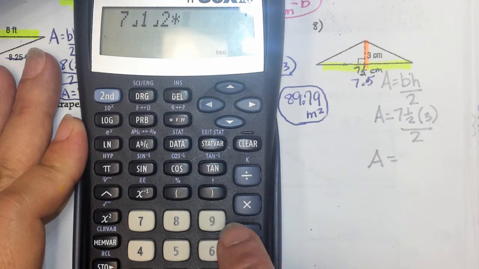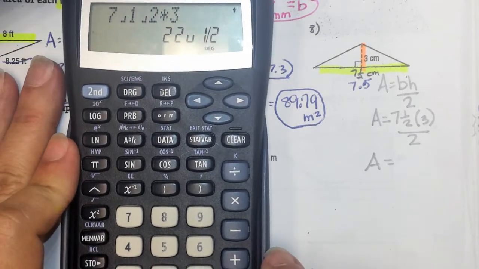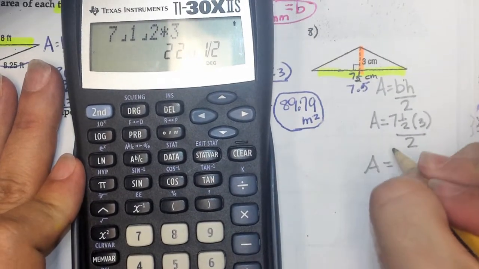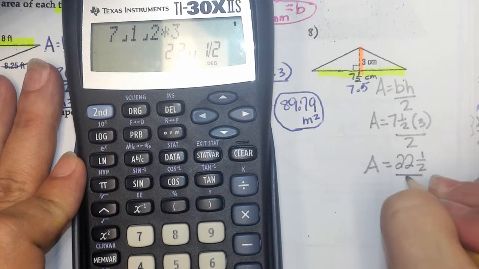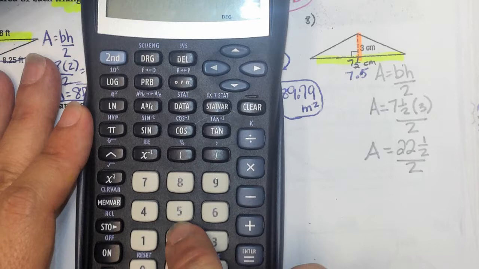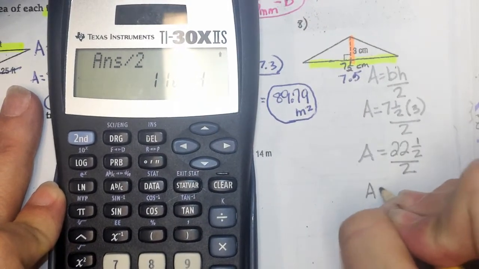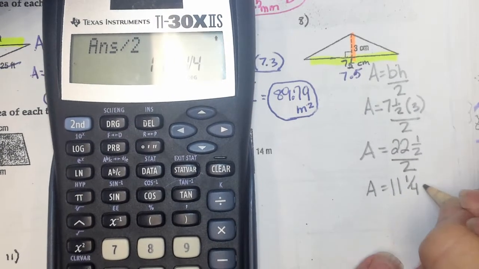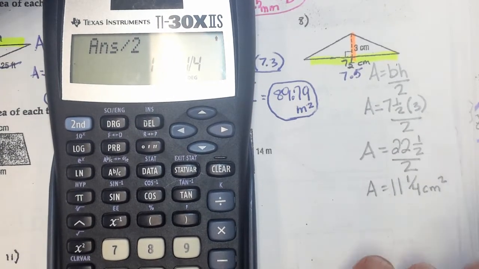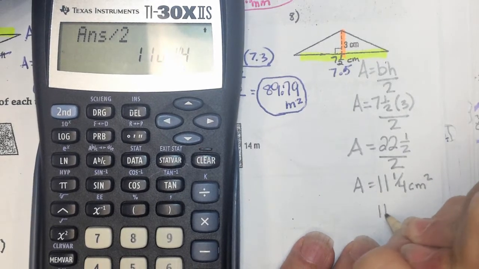Hit the times 3, and then I'm going to hit equals. So on the top, I now have 22.5 divided by 2. 11 and 1/4. Now, you might have 11 and 1/4, centimeters squared. Someone else might have 11 point